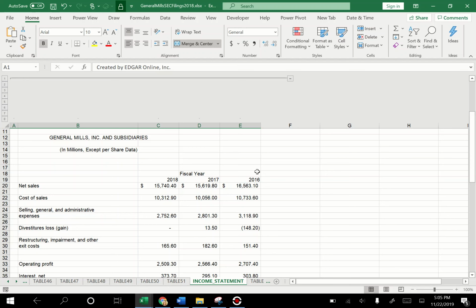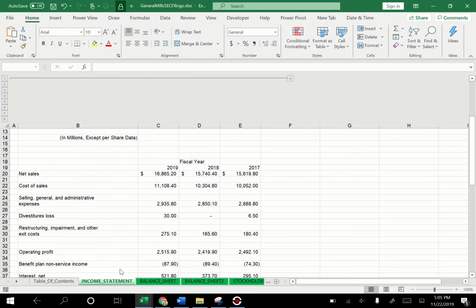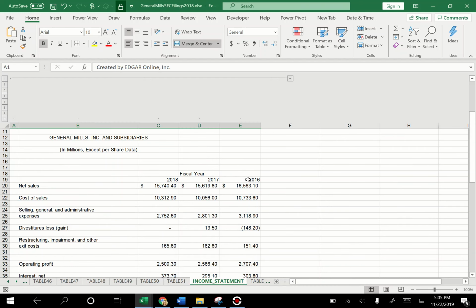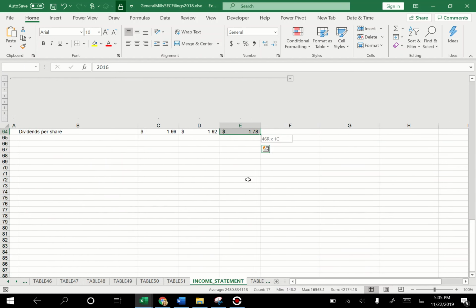Let's go back and be sure that 2016 is all that we need. We're looking at our SEC filings. Yes, so we're just missing 2016. So easy breezy. All we do is go back to this sheet and copy this row. So remember, Control Shift, arrow down. We'll select it. Oh, that's too far. We don't need a million rows. We just need the 64 rows. Control C,